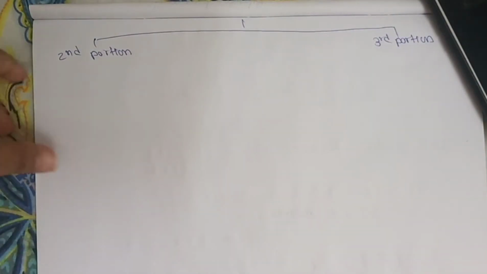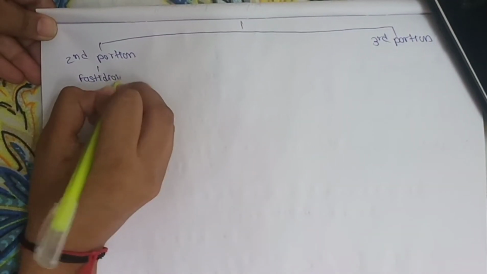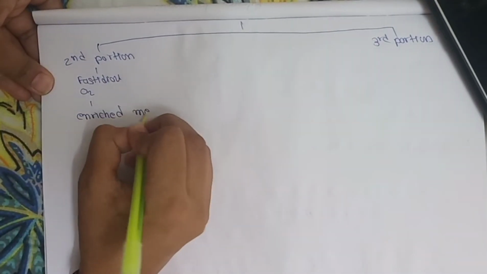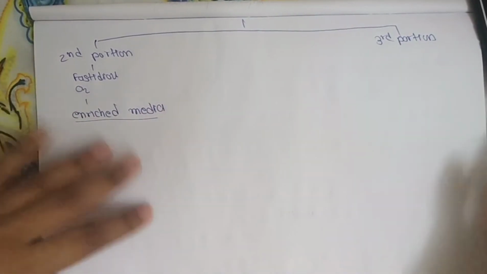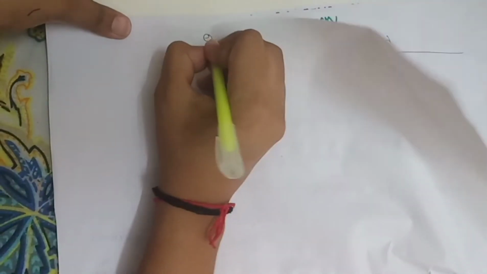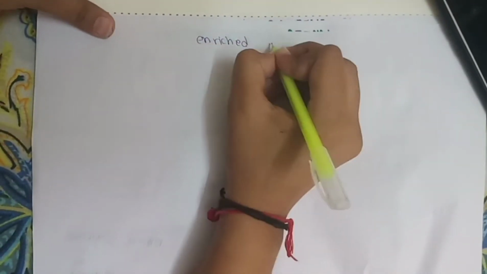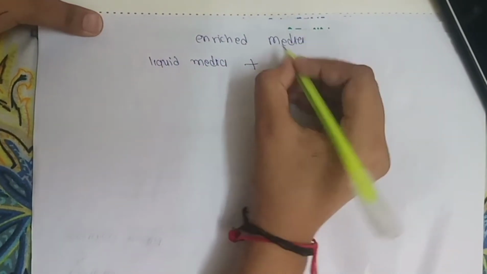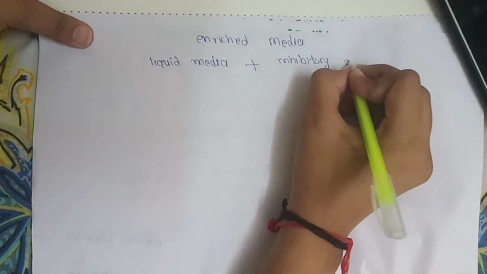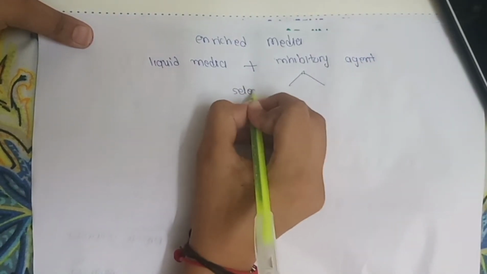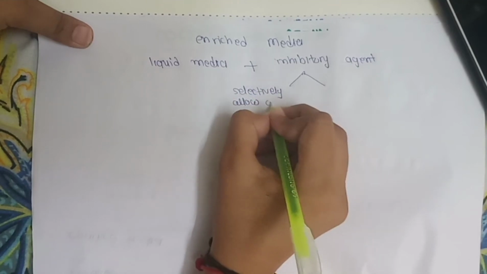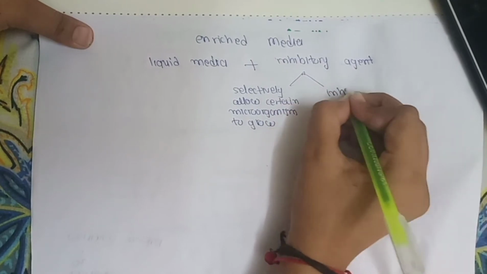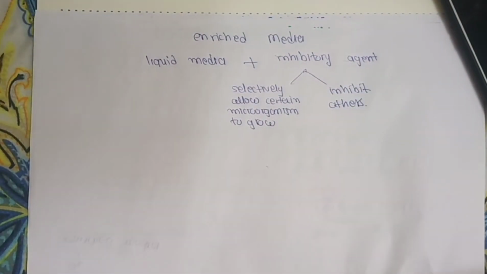As we know that meningococcus is fastidious and also needs oxygen to grow. So it won't grow on basal media, but it will grow on the enriched media. We are using enriched media here. So what is enriched media? Enriched media are media including inhibitory agents, which will selectively allow certain microorganisms to grow and will inhibit other microorganisms from growing. I hope enriched media is clear now.